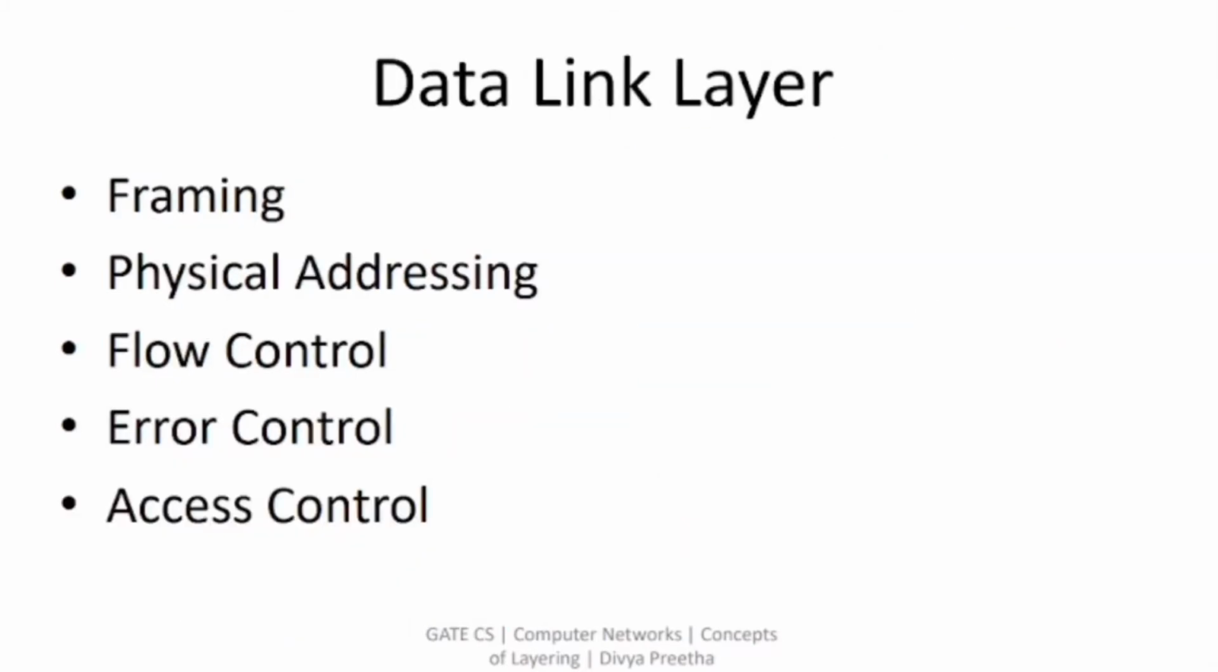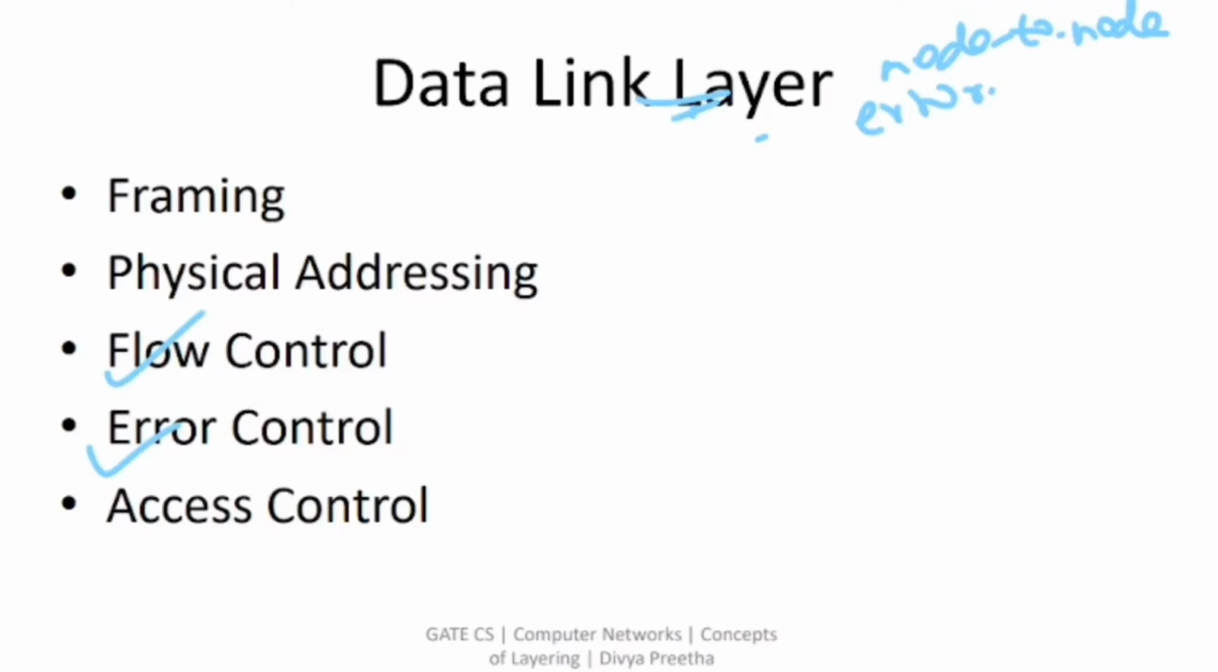Next, the data link layer. This data link layer is responsible for node to node delivery. Node to node means neighbors, node to node delivery, and also to ensure error free data delivery to the upper layer. So when we talk about the data link layer, the main thing you have to remember is it guarantees flow